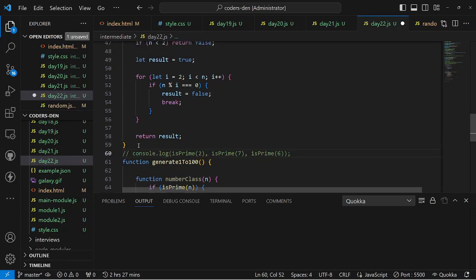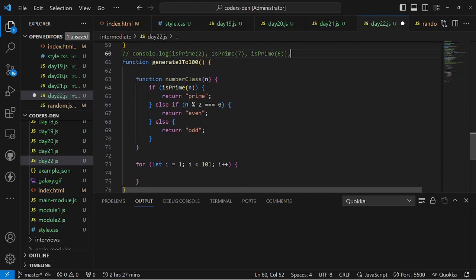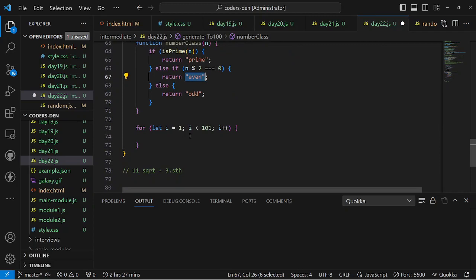We can just leave it outside, so it's still okay. True or false and all that. The reason why we're checking for prime first is because of 2. Because if you check for even first, then 2 would return even, and that will be a problem. So we check for prime first, then even and odd. Okay. So now,